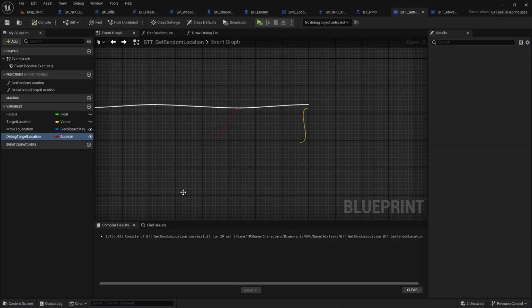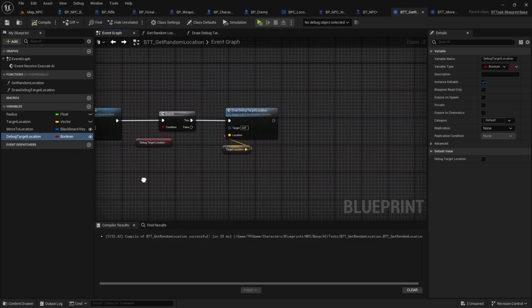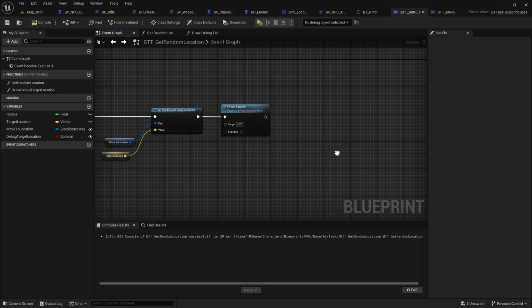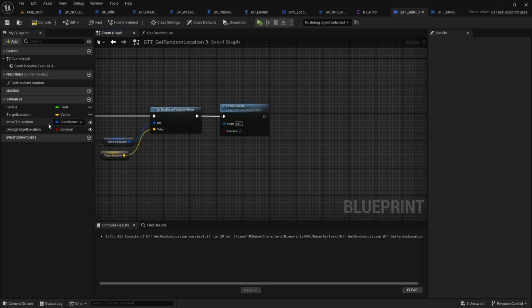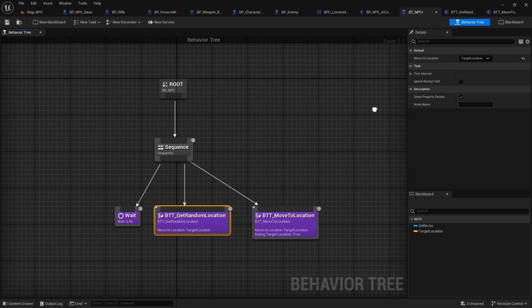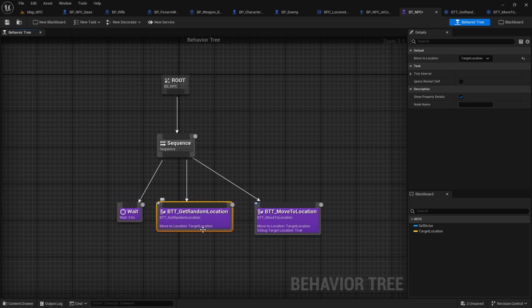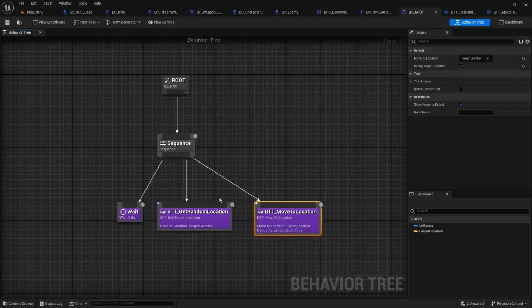Right, so I'll go to the get random location task and remove these implementations and this function and this variable, because all of that has now been moved to this BTT move to location task. Okay, now if I go check out the behavior tree, we don't have such an instance, right? Okay,